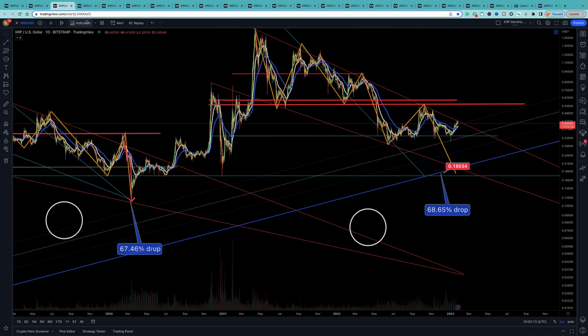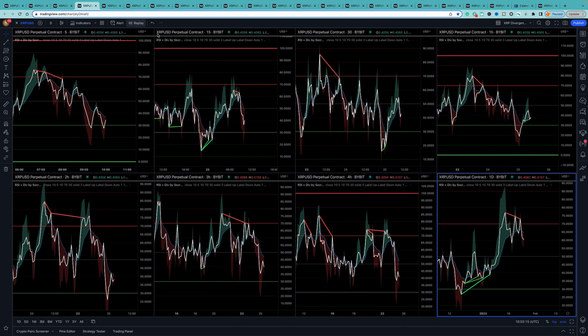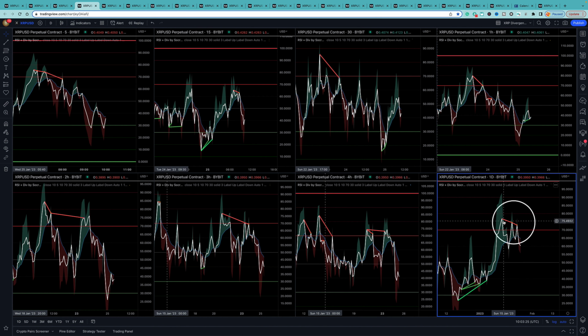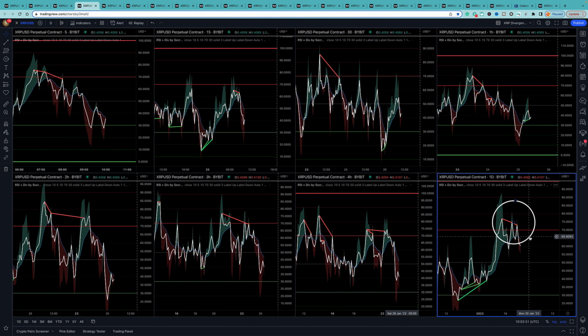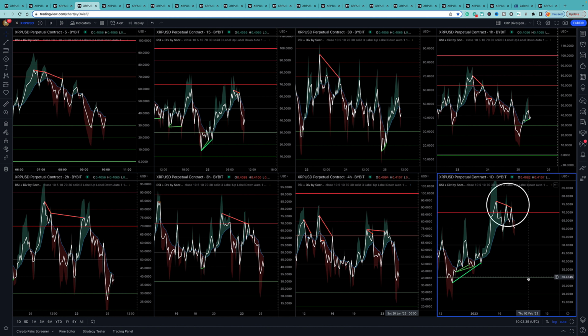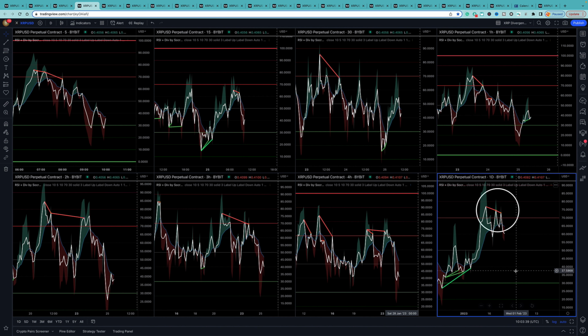Same, but different, yeah. So now on the daily down here, look, we've had this massive pump and there was strong bullish divergence. Now you start to see the strong bearish divergence coming in, yeah. So it does seem like the daily RSI will need to go to the bottom again. And again, when the daily RSI goes to the bottom, I'll be looking for it to come down here and